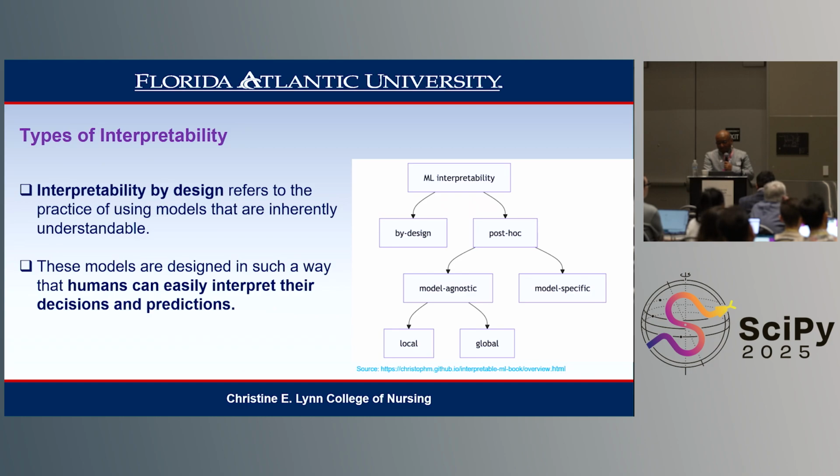Post hoc interpretability means that we use an interpretability method after the model is trained. Post hoc interpretation methods can be model agnostic, such as permutation feature importance, or model specific, such as